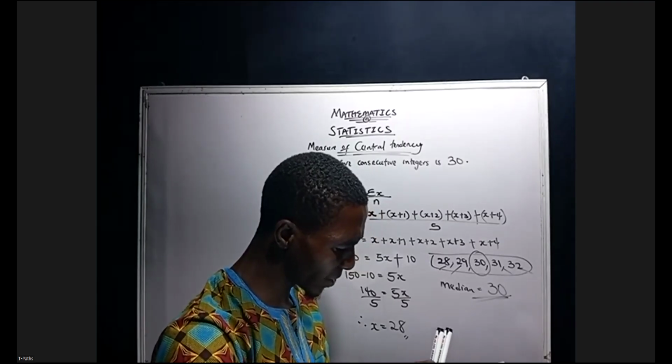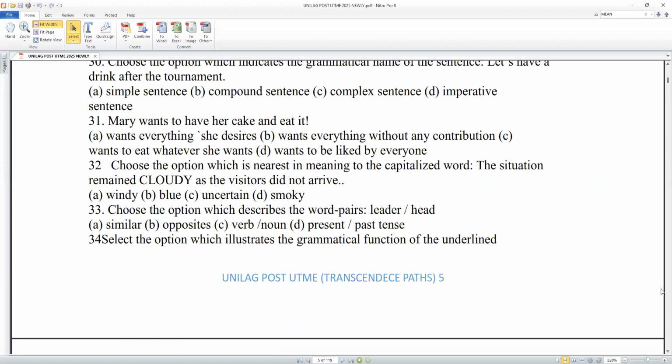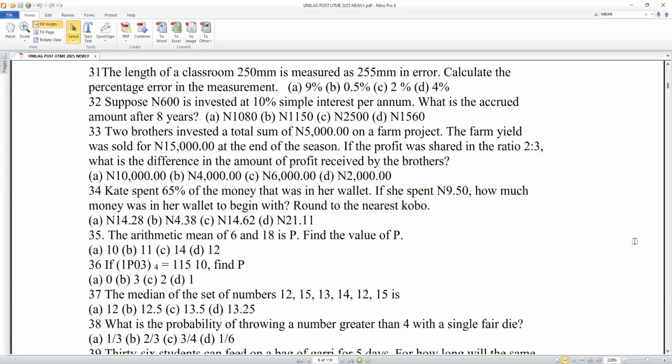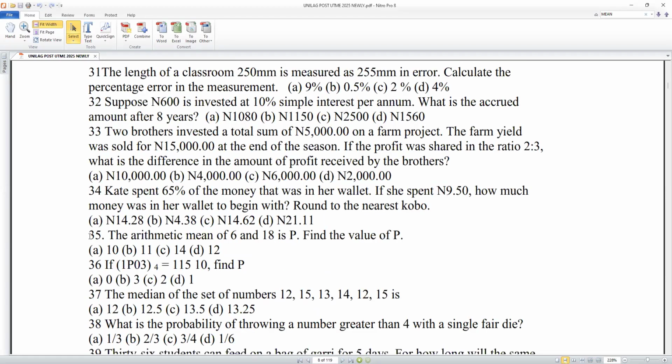I'm on page 8. Question 35, page 8. Now, the question there says, the arithmetic